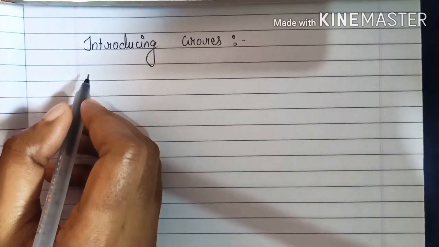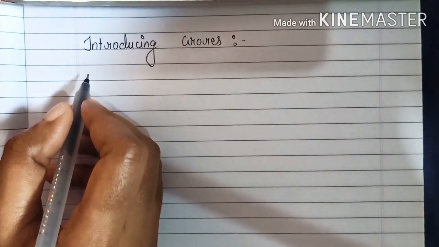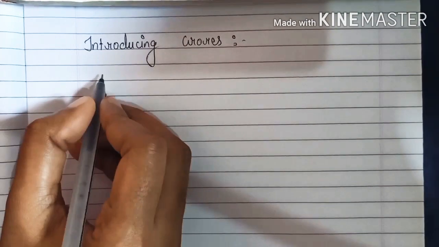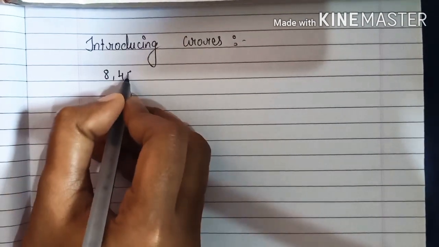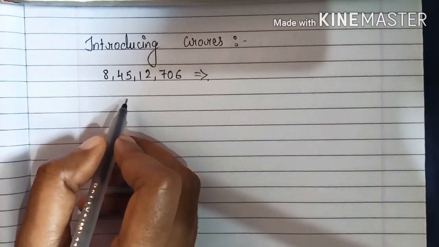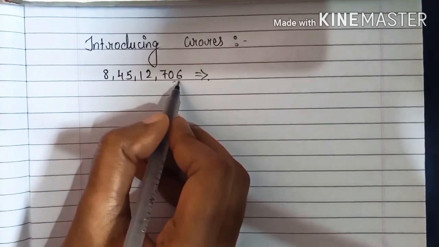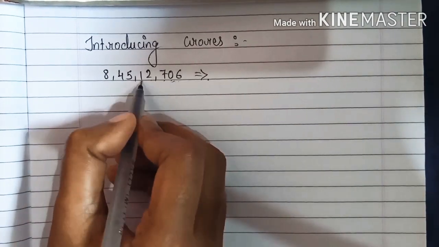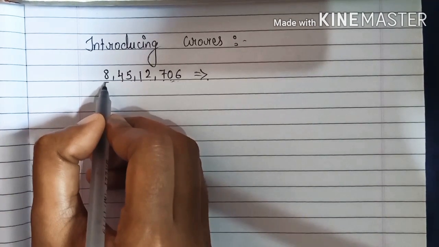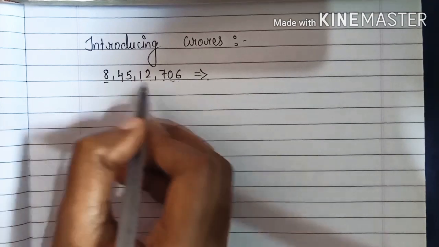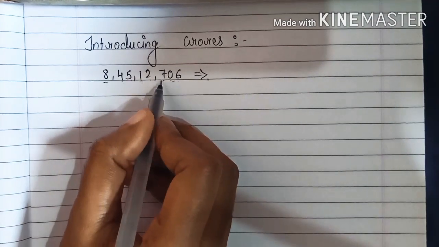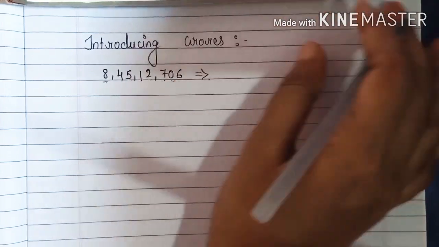Okay, till now we have seen how to read and write 6-digit number and 7-digit number. So let us see how to read and write 8-digit number. Suppose if I am having 8-digit number like 8451276. Now let us read the place name of each and every digit. This is unit, tens, 100, 1000, 10,000, lakh, and this will be 10 lakh. And after 10 lakh it will be crore. This is the place of crore. And how to read this number? This is 8 crore 45 lakh 12,706.